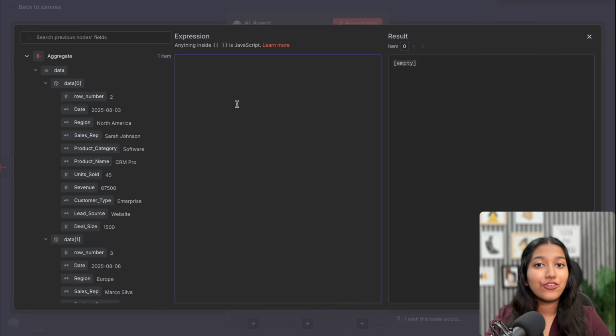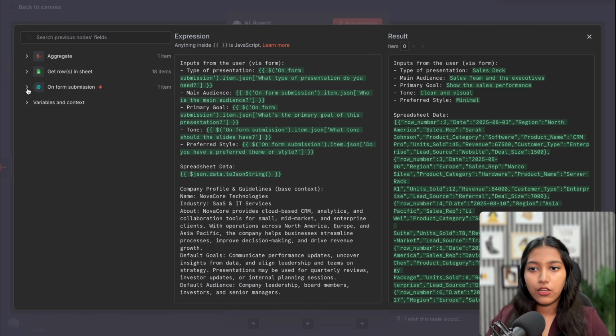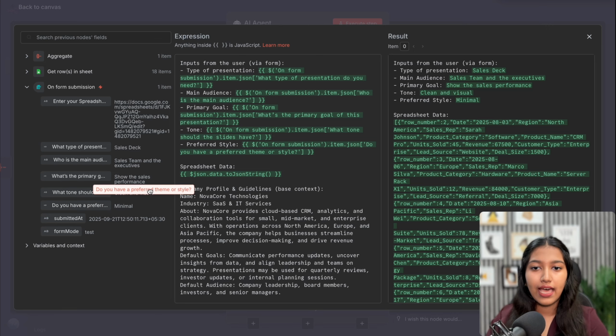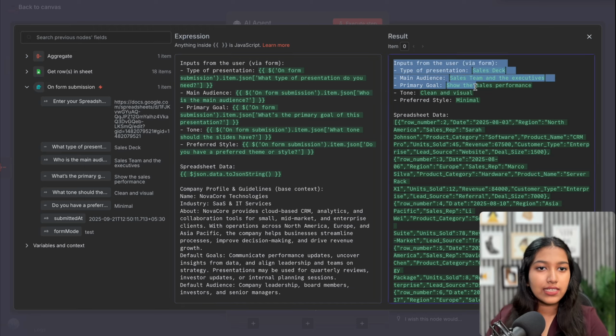Okay, now I have already written the user prompt and it looks something like this. And you can easily get it in the resources linked in the description below. So in the resources, you will find all the prompts that I use, any text that I copy paste, so that you can easily create this automation. So we're basically starting off with the form inputs, which is whatever the user has filled out in the form. Just in case you're seeing these as red, then just head over to these responses and drag and drop them one by one. Something like this, okay? And in the result, we can clearly see the answers.